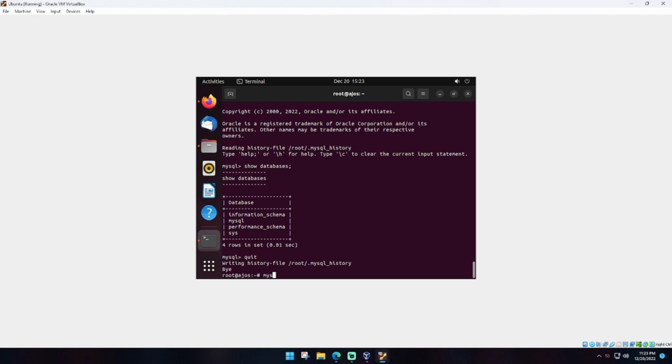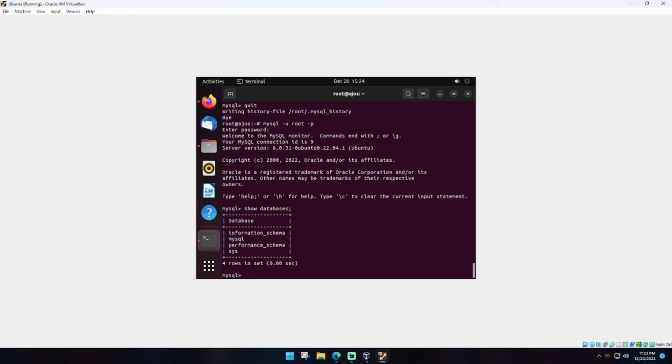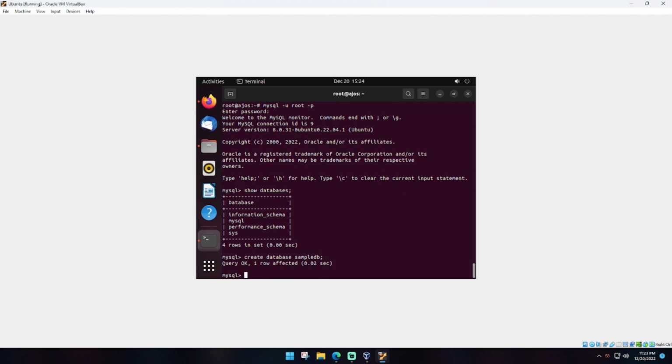mysql -u root -p is a command to get access on the MySQL databases. Now, we are going to create a database naming it SampleDB. To display the database you created, type in the command show databases;